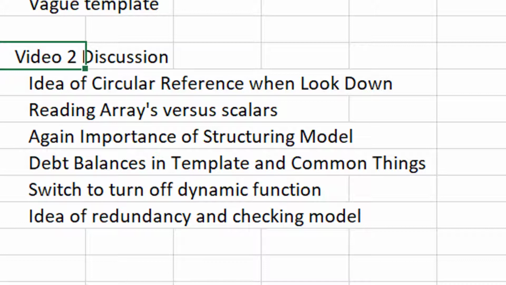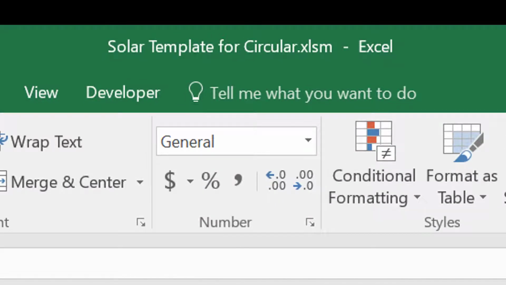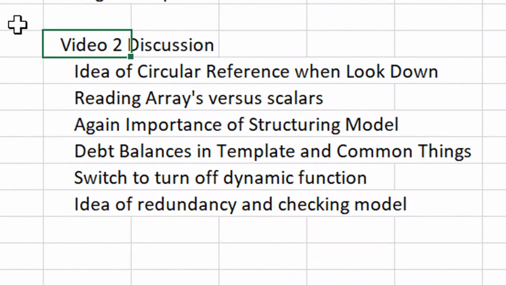It's currently in a file named Solar Template for Circular, because one of my persons who called me said, look, he showed me this template model he had for a solar model. It was horrible, but I said, just keep the EBITDA, keep the operations, and let's try to put this together with a flexible project financing. All right, now the idea of a circular,